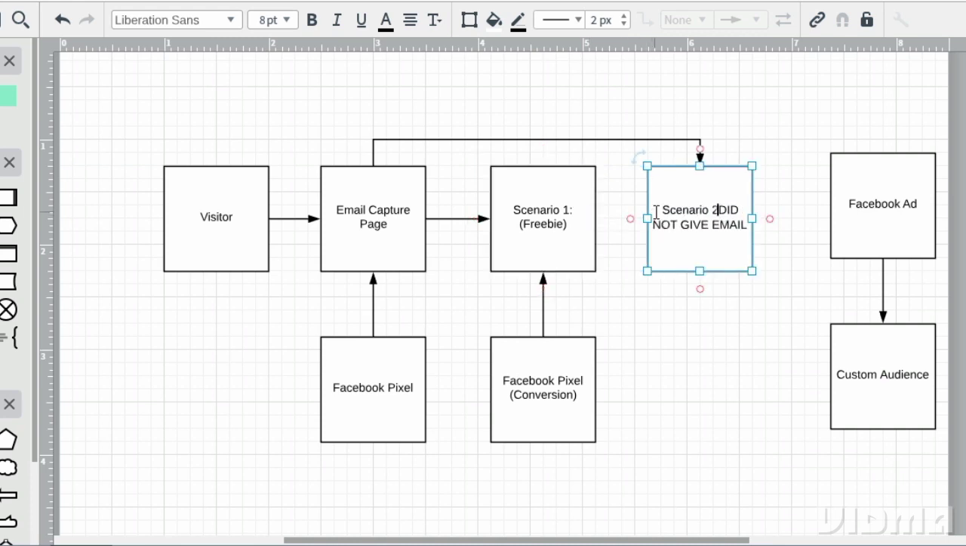In scenario 2, obviously, there isn't a page or anything. It's just merely that they exited this specific page. If that's the case, we want to retarget them, right? So we are going to say,